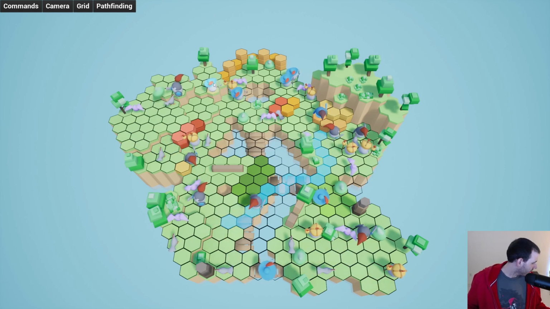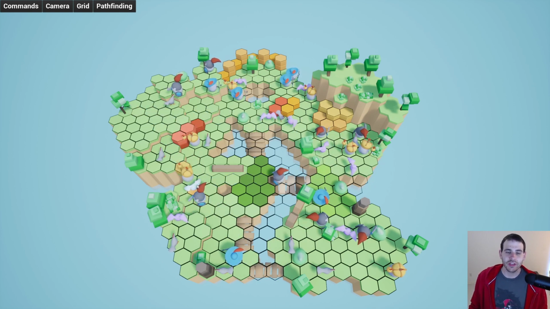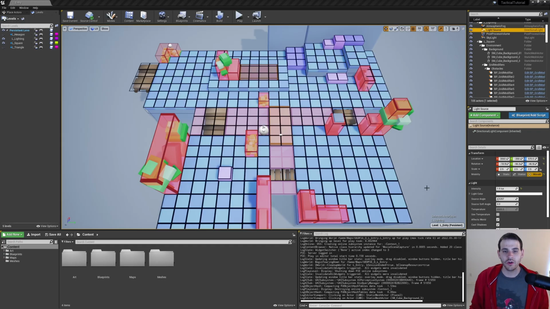Come here, little guy. Now that the units are on the grid and we can select them, it's finally time to select them and tell them where to go. So that's what we're gonna do today. Let's get to it. So in Unreal, the first thing we're gonna need is a way to know which tiles